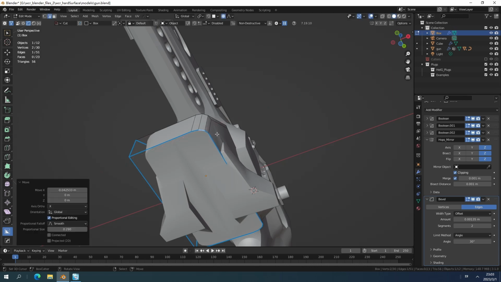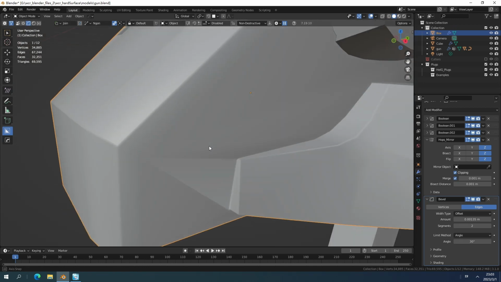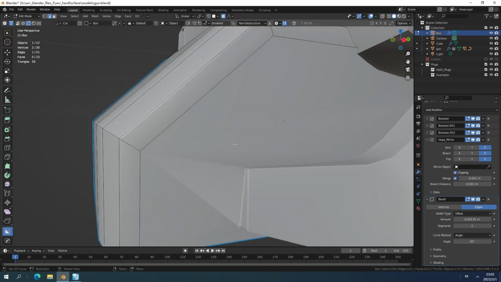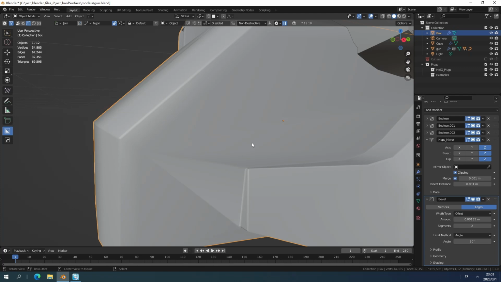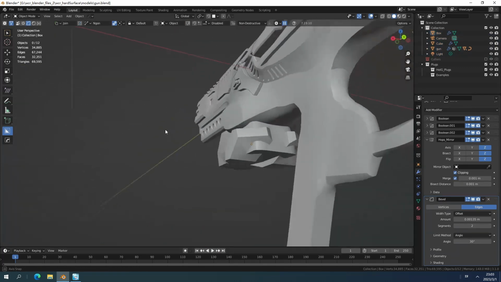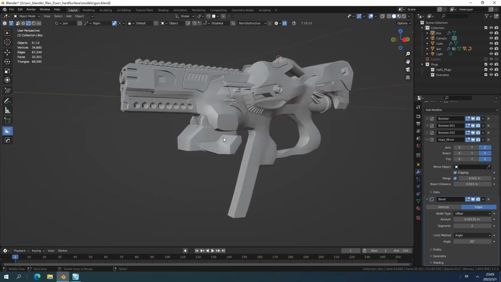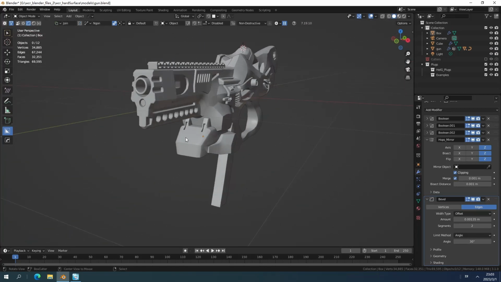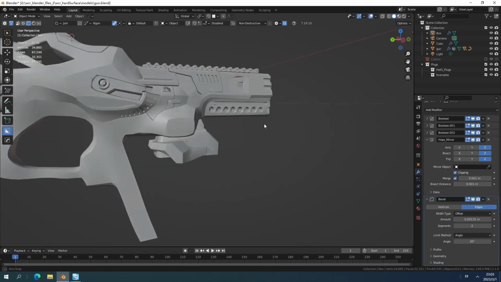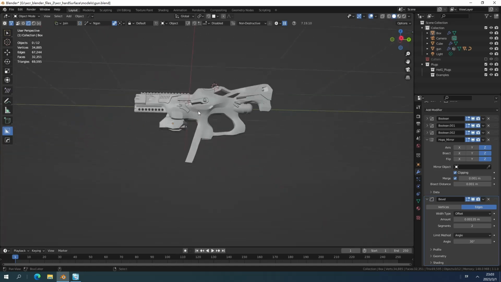And move it inside. Then there's some problems over this part, but it doesn't matter. We can just fix it later. When this area is just being made, I can see that the front part is a little bit ugly. You can also add some extra tips in it. For example, like